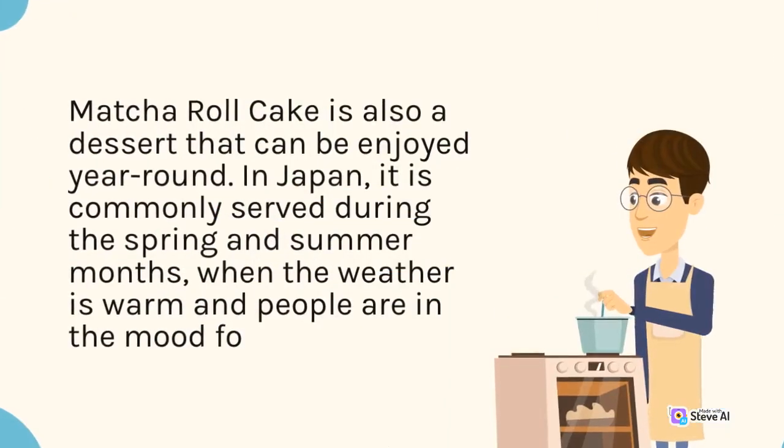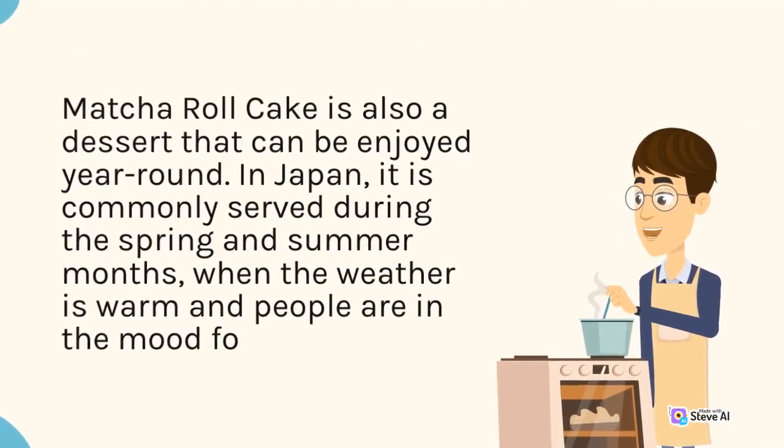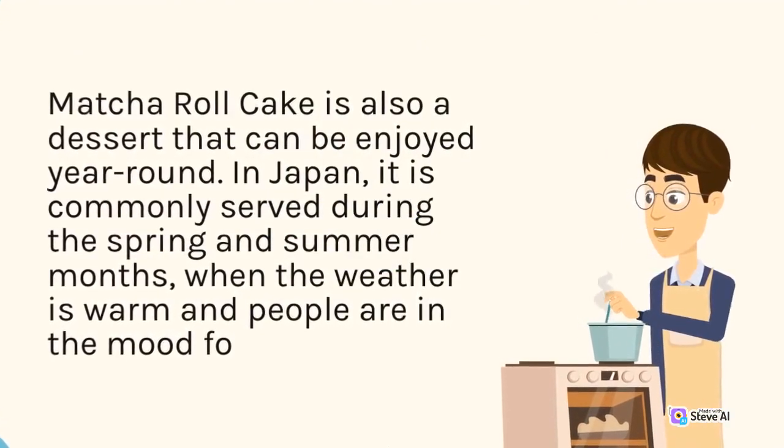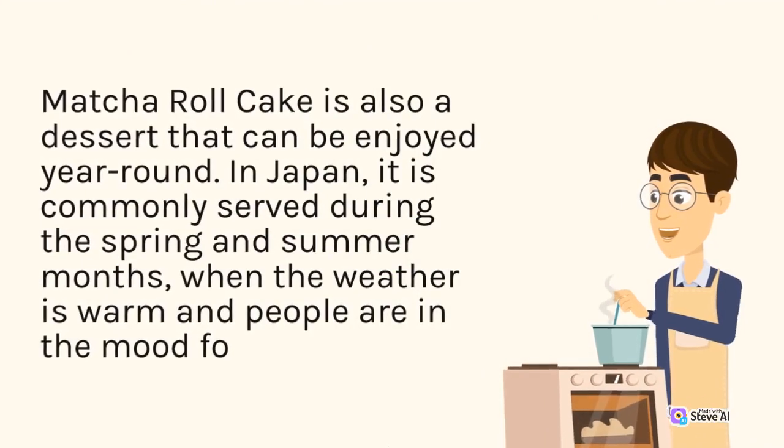Matcha roll cake is also a dessert that can be enjoyed year-round. In Japan, it is commonly served during the spring and summer months, when the weather is warm and people are in the mood for